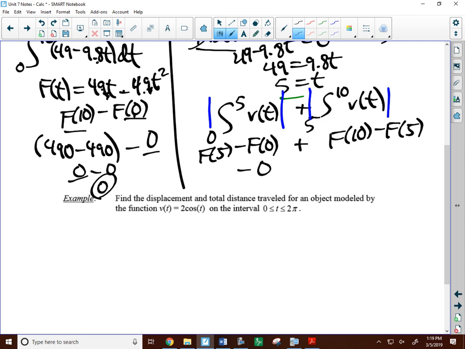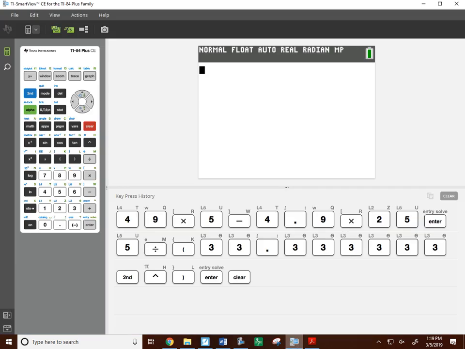So I'm going to fill some things in. That one's 0, this one's 0. All I need is to compute f of 5. That's it. So let's put in 5. This is for v of t. So it's the same, I didn't do it again, guys, but it's the same antiderivative we already did. So let's plug in 5. 49 times 5. Let's do it here, actually. 49 times 5